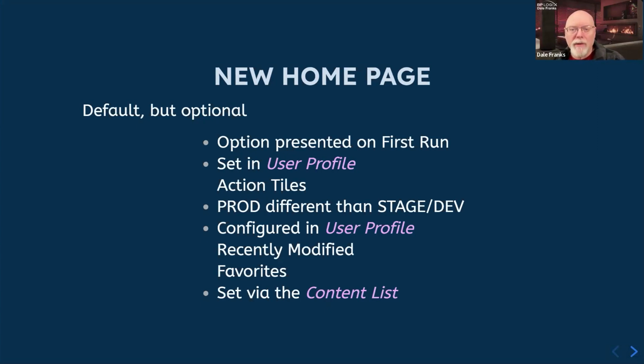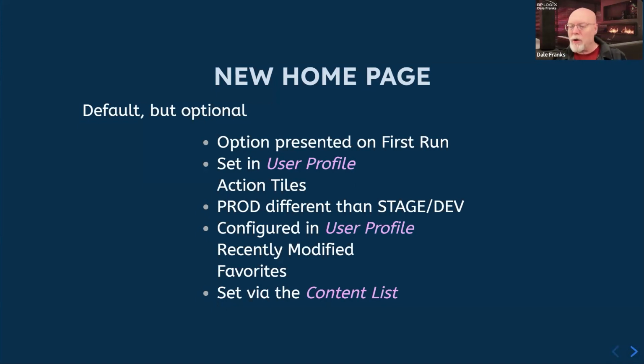So you will be given a choice the very first time you open up Process Director to choose whether to keep the homepage or just to go back to the standard workspace. So the standard workspaces still exist, they're still there. So if you remember the admin workspace and that's what you want to see, then that's what you will see. However, you can change that at any time in the user profile. We'll look at that in a moment.